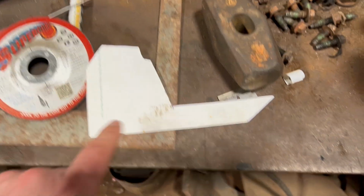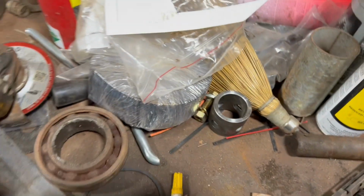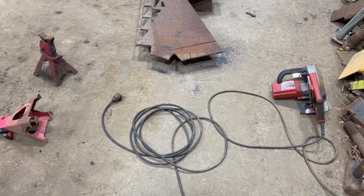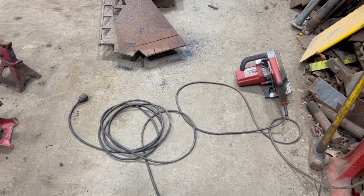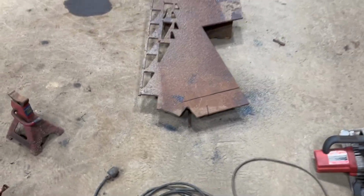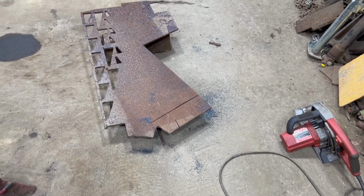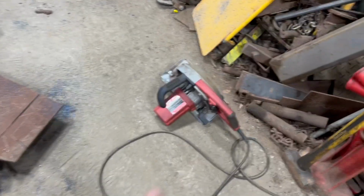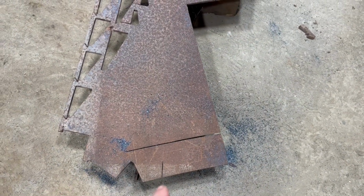That's 4 inches, and I think that's like 7. So, I believe that is not actually 1/2 inch that's on the plow. I don't know if this is 1/2 inch. It's pretty close. If it's not, it's just under. It would be the right size if it's not. But yeah, so I used that to get me a straight line, and now I'm gonna kind of leave it